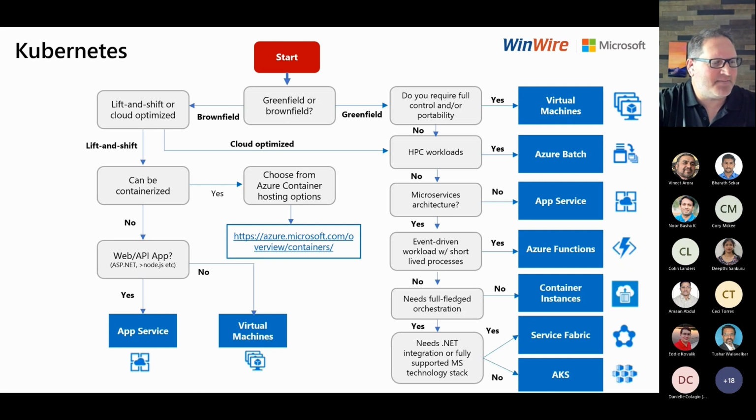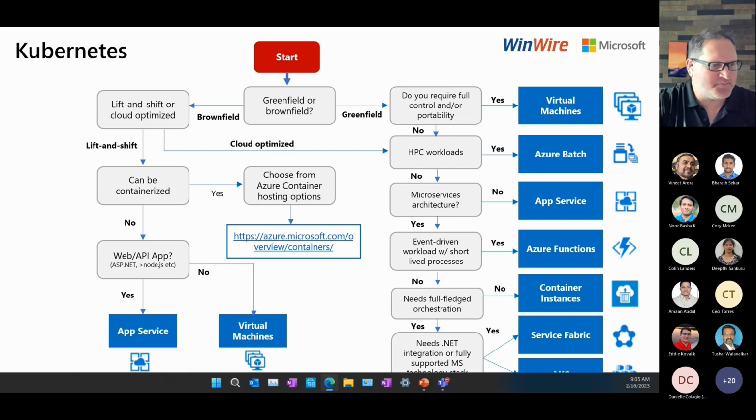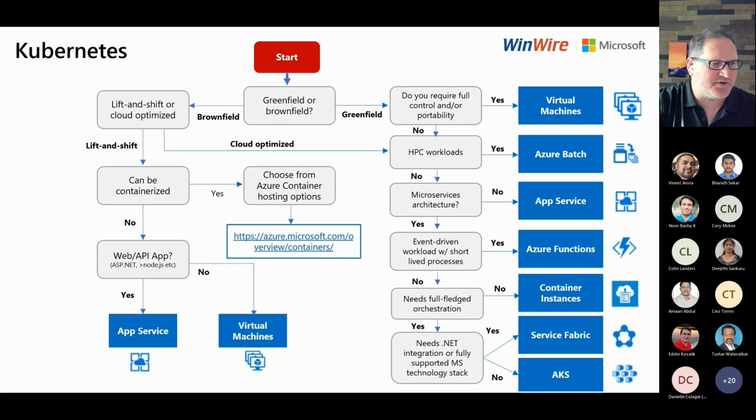And this is a flow chart that we put together with Winwire. I think you can find it out there if you search the internet, but it's really meant to give you some guidance into how you should think about Kubernetes and when it does make the right sense. And you'll notice that AKS or Kubernetes down there in the bottom right side of that slide is just one of a half dozen different options that we would recommend depending on what you're looking for. So I won't try and walk you through the whole thing, but you can get the idea that we start as this new app,